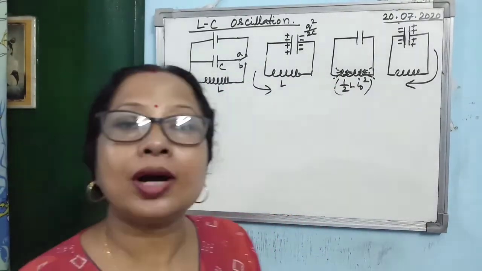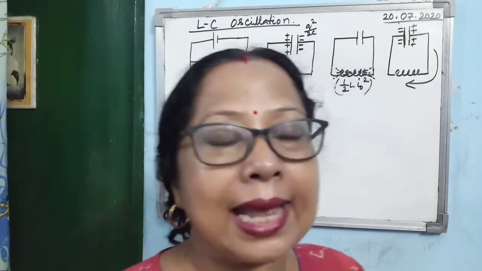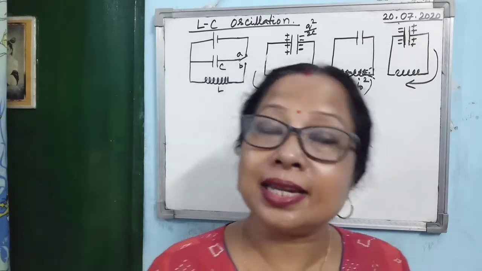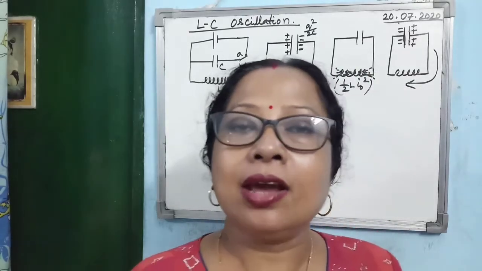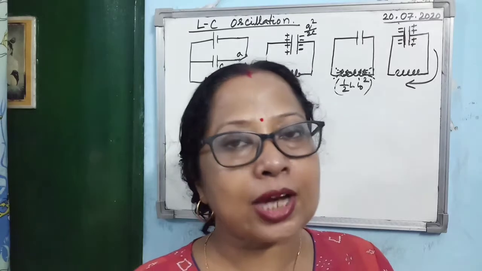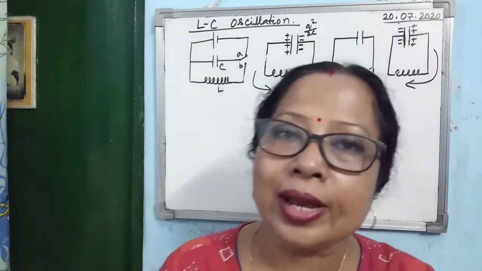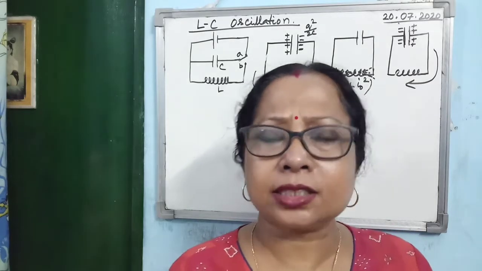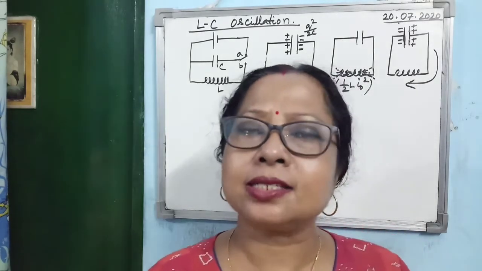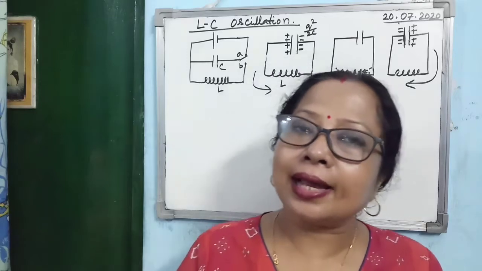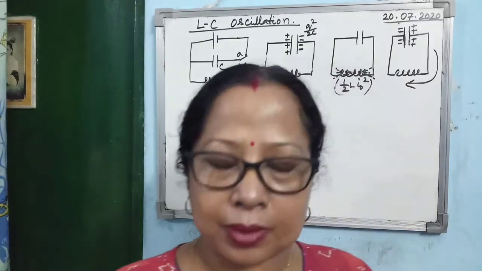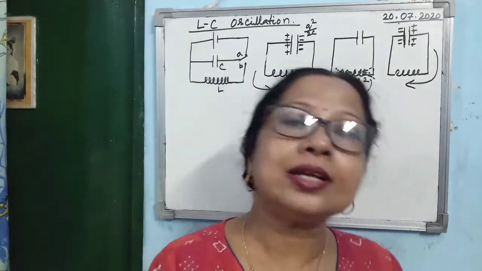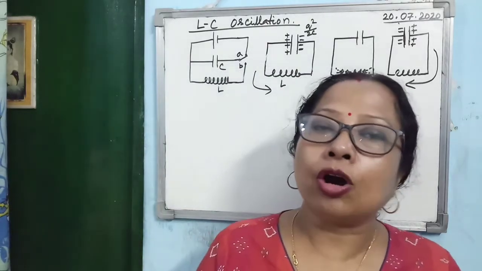So you see what is happening between the L and C. Between L and C, the total energy of the circuit is getting oscillated. When the capacitor is fully energized, the inductor has no energy. Then the capacitor slowly transfers its energy to the inductor. When the inductor is fully energized, the capacitor has no energy. Again the same cycle will be repeated, but in the opposite direction. So it is known as the LC oscillation.